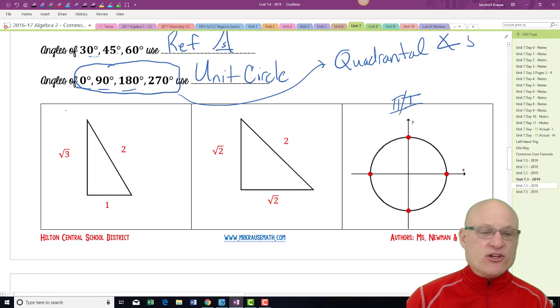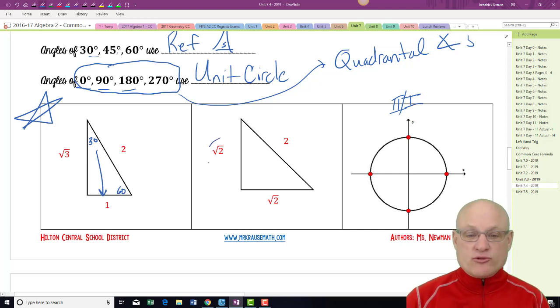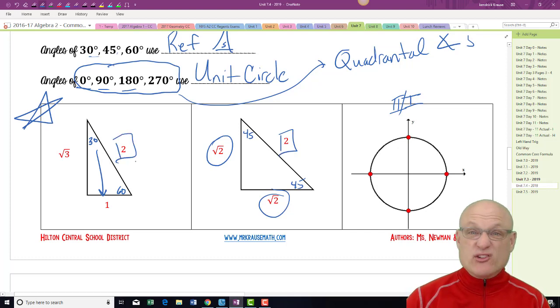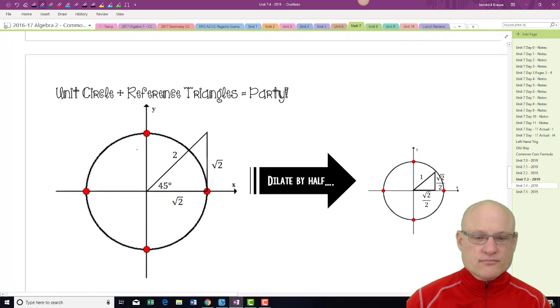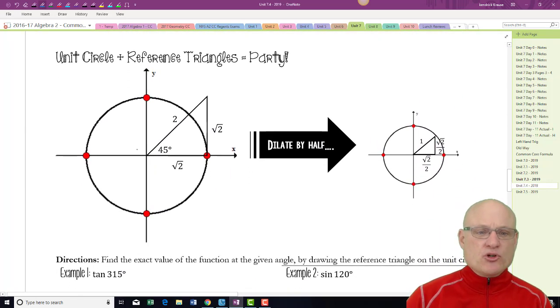And so these are the things that you now know. We know that this is the 30-degree angle because it's opposite the 1. This is the 60-degree angle. We know since these two are the same, this is 45 degrees and 45 degrees. And you know, notice my hypotenuse is 2. So these are the things that we're going to use, okay? So unit circle plus reference triangle equals